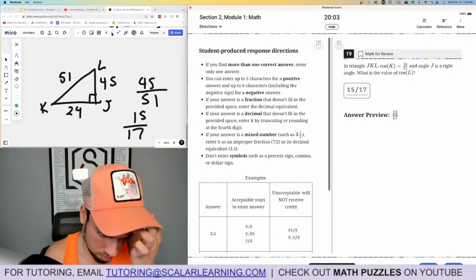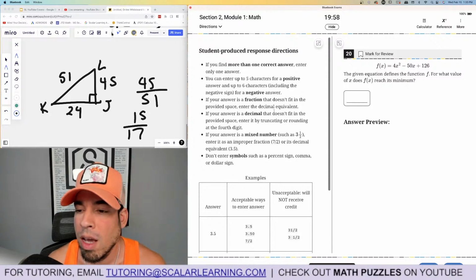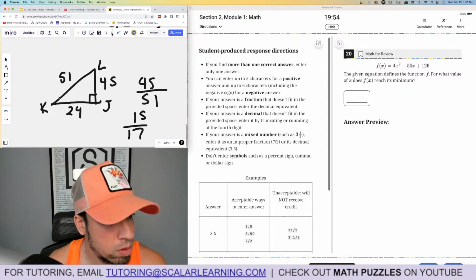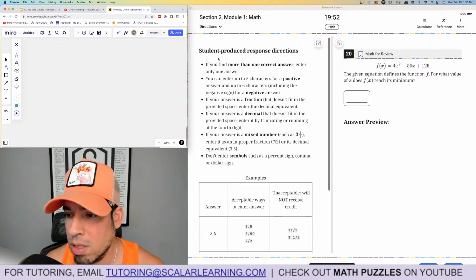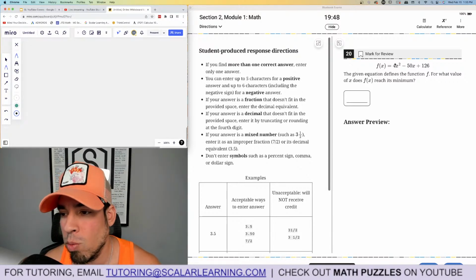Okay. Next, 20. F of x equals this. I'll just move it. F of x equals this. Going to find the function. At what value of x does it reach its minimum? AKA, we want to find